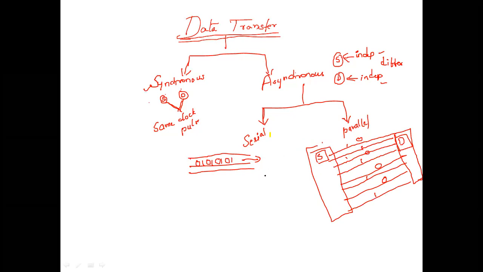But when it comes to serial data transfer, there is a clock pulse, as I have said. What do you mean by a clock pulse? This is a high state, that means the one state. When it comes down, it is the zero state. When it goes up, it is the high state. When it comes to zero, it is the zero state. So this is how the data transfer is done.